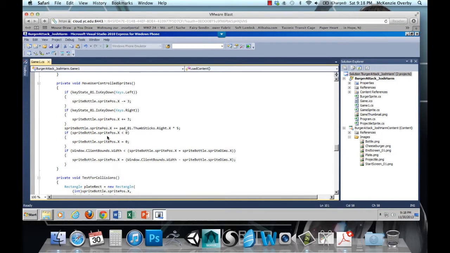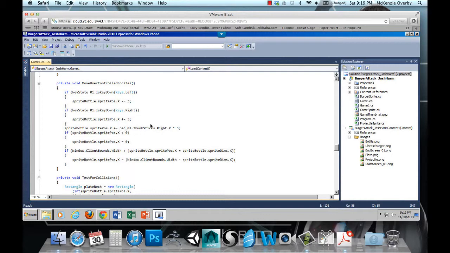Okay, good. And the next one is saying, if the sprite position, or sorry, not if. This one is just saying the sprite position, our new sprite position, plus equals, okay, means it is now adding to that position